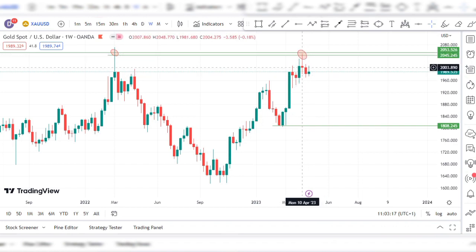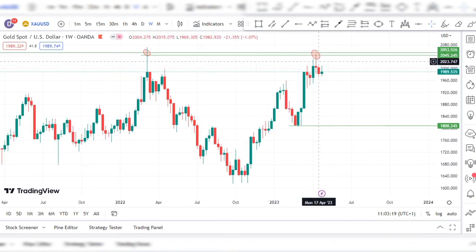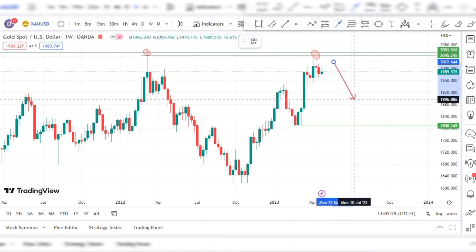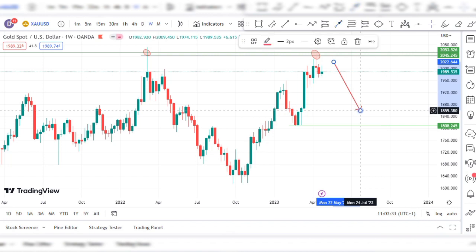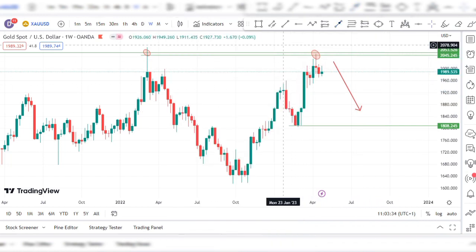So looking at this shows that price mostly seems to be going towards the downside, towards the bearish move. So from the weekly time frame, what we're seeing is price potentially retracing back down to the downside. Now, if we go to the